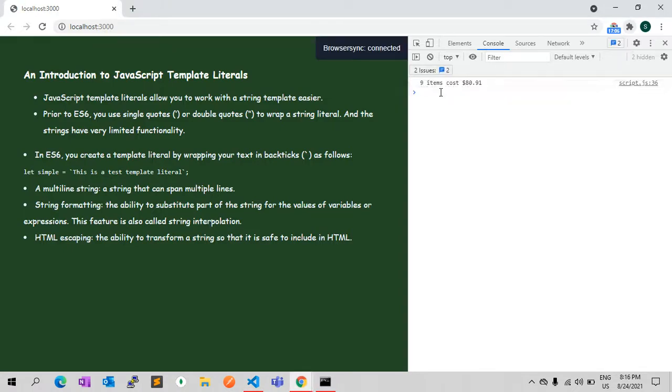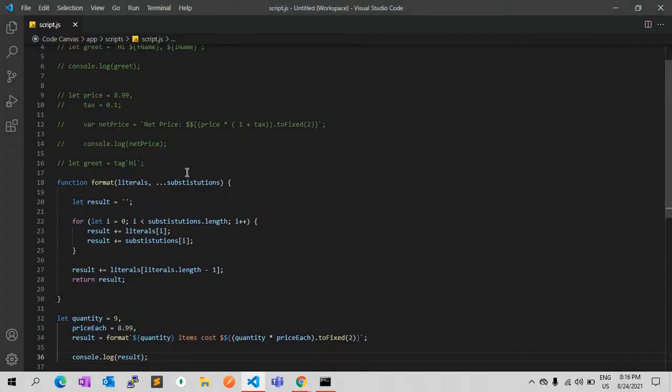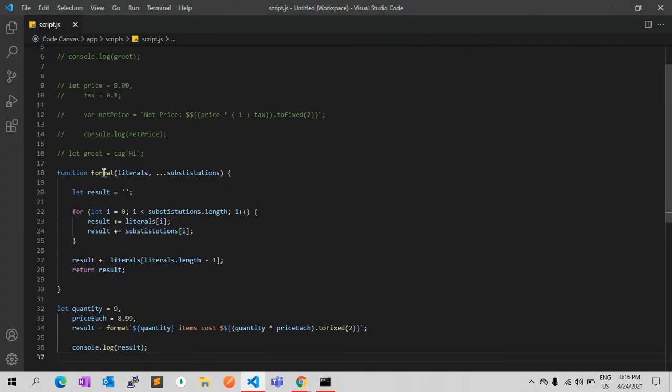And you can see 9 items cost $80.91. So you can create functions like this and use them in a template literal as well.